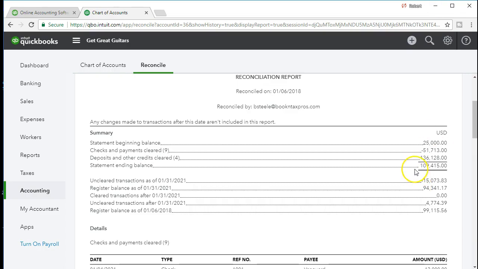And then this portion right here is really kind of the essence of the bank reconciliation, meaning this is on the bank, this is our books, this is the register balance. This is what we saw on the balance sheet when we first started. That's what we recorded. This is what the bank recorded. The difference then is this